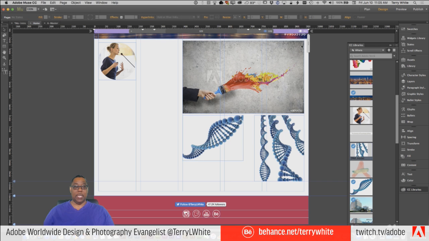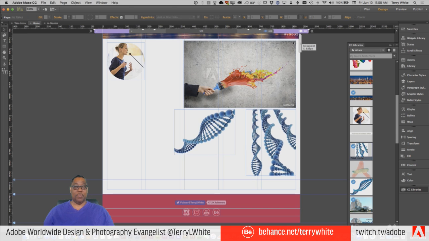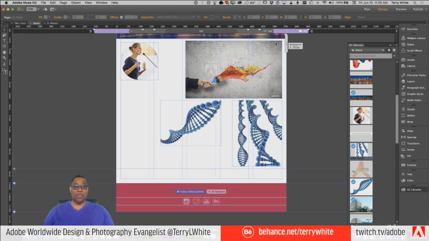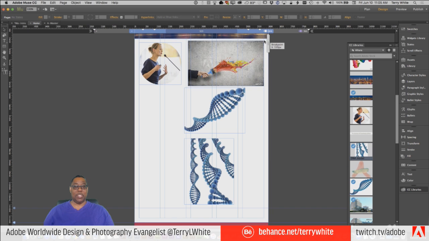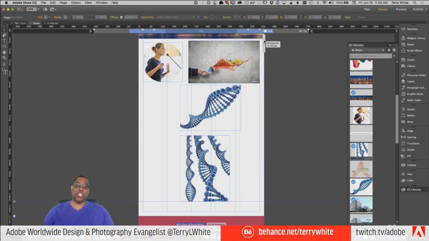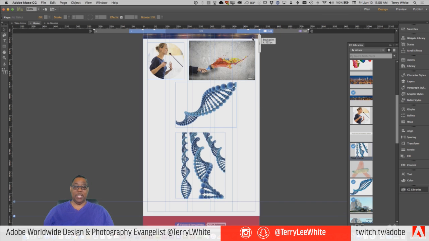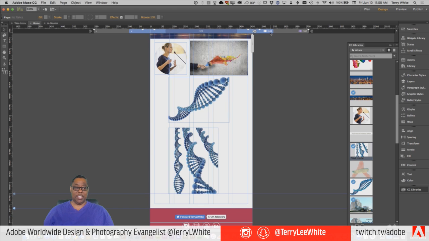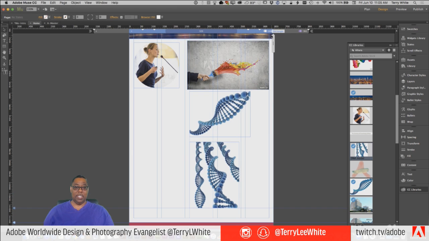So, not going to move, not going to move, not going to move, not going to move. And then when we get to this one, boom, it moves. It shifts in order based on the arrangement that I just told it to do. Now when I get here, it's again continuing to go down and continuing to stay relative to that side. So let's go in and change that. Let's go to this breakpoint and let's say that this is going to now,